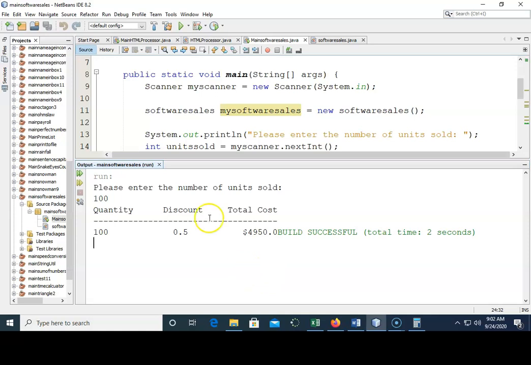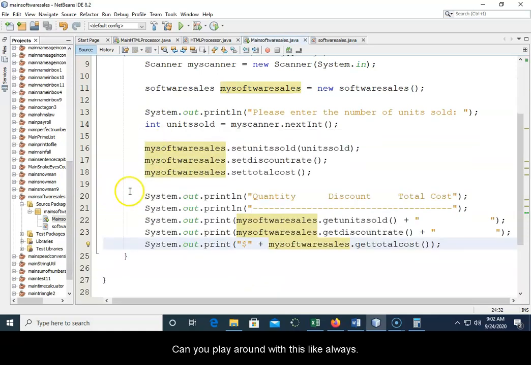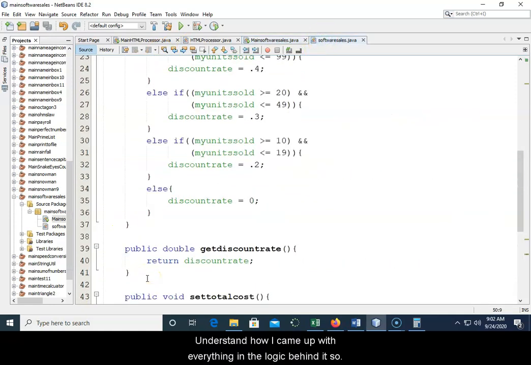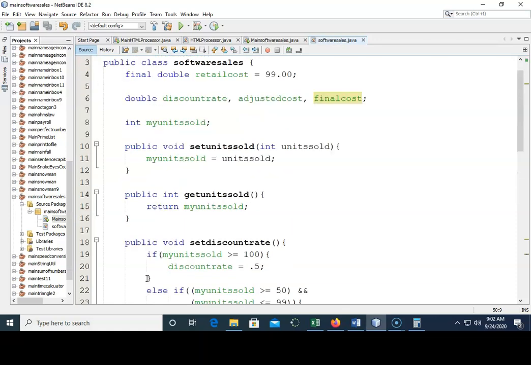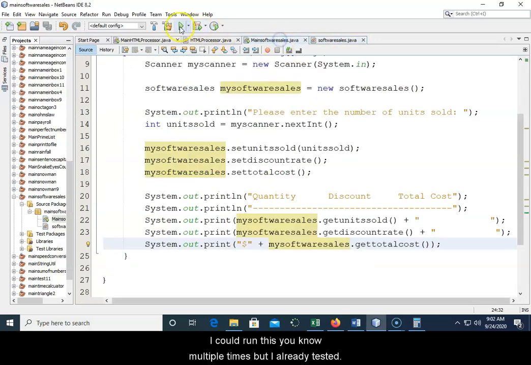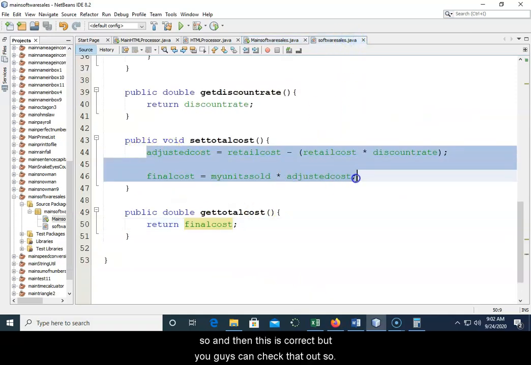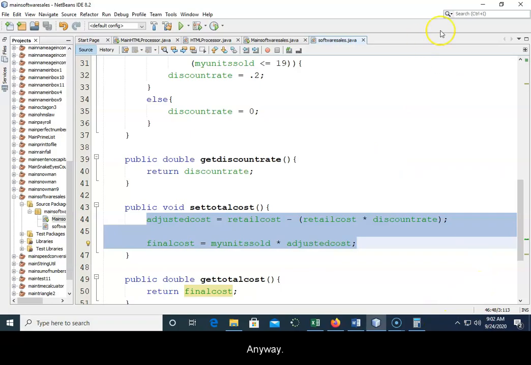So play around with this like always. Understand how I came up with everything and the logic behind it. I could run this multiple times, but I already tested the discount rates and that came up in the table. All right, and this is correct, but you guys can check that out. So anyway,